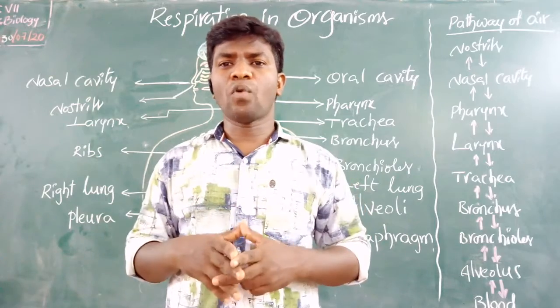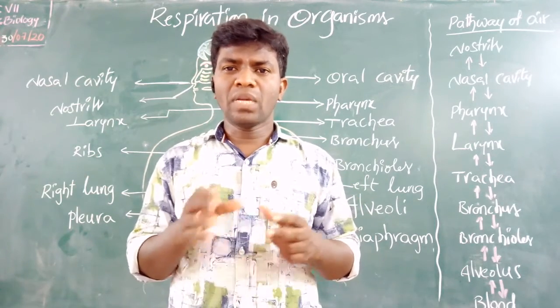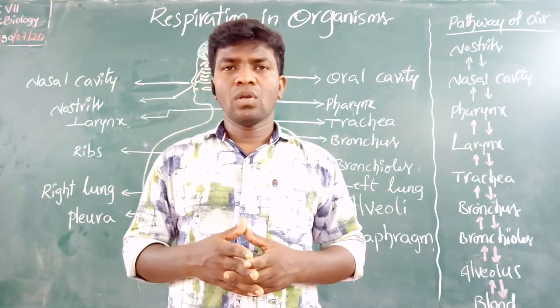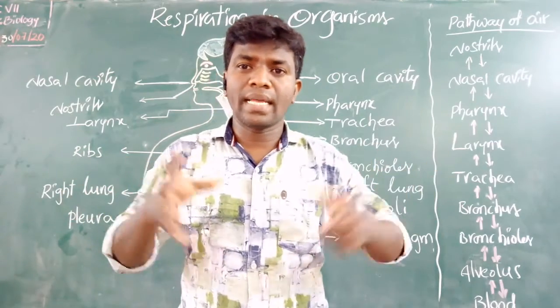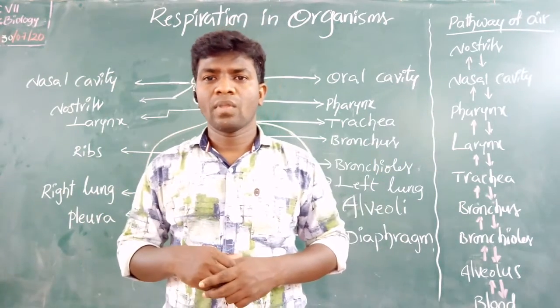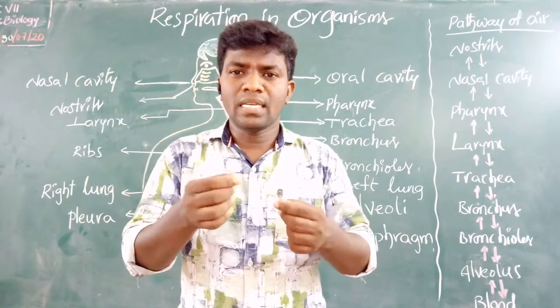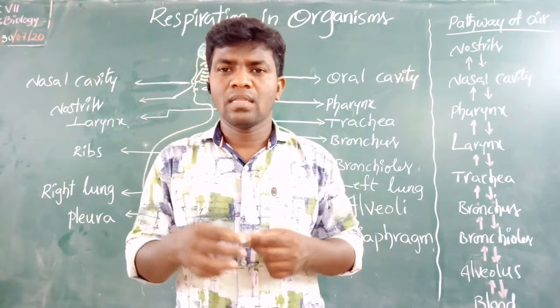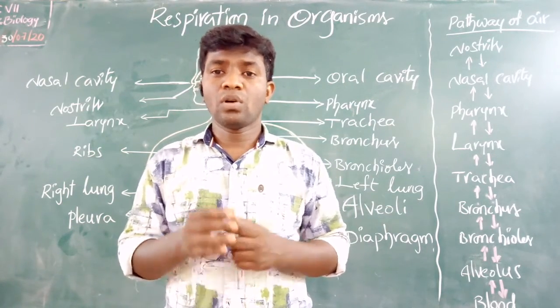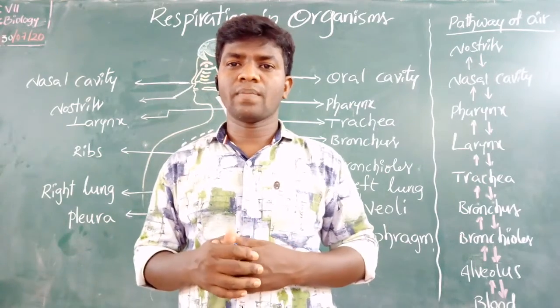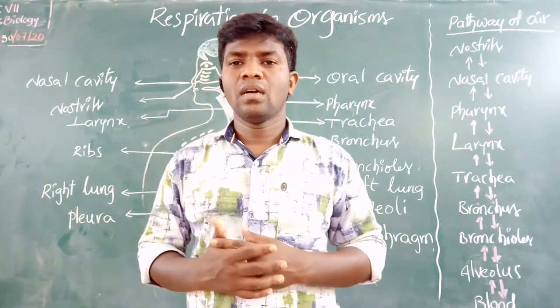These types of gases are mixed in air. All these gases containing air we are taking in, and then the gas needs to be purified. So where are these gases